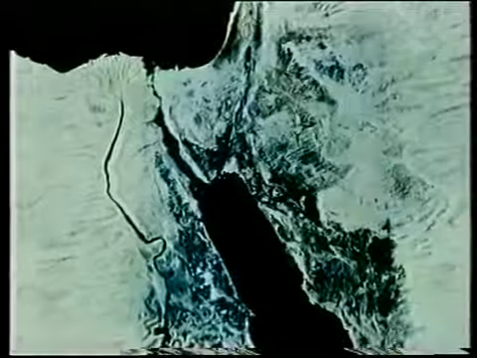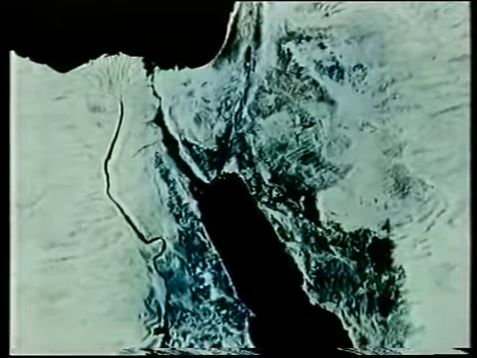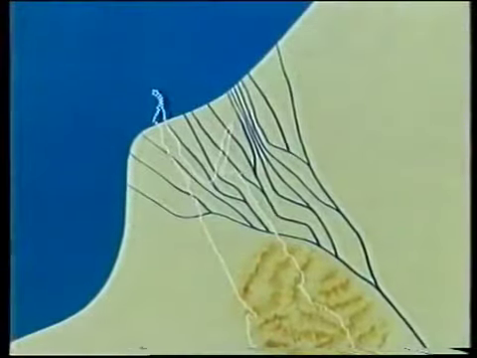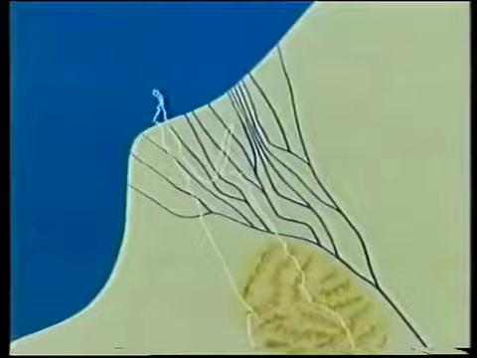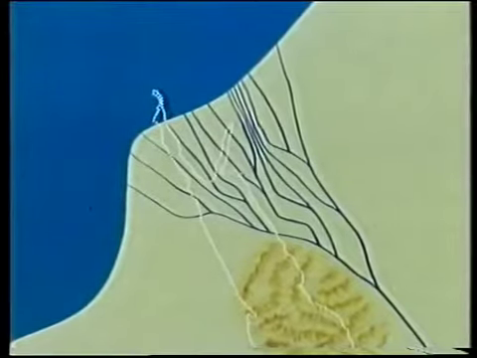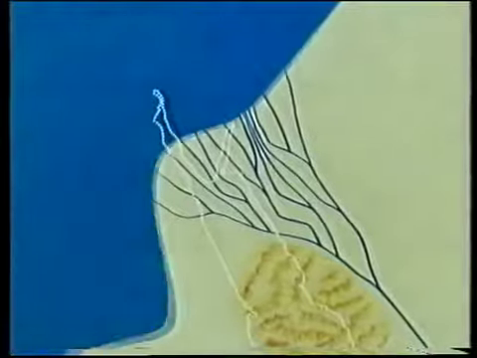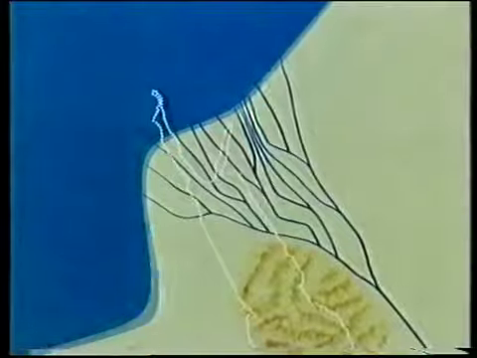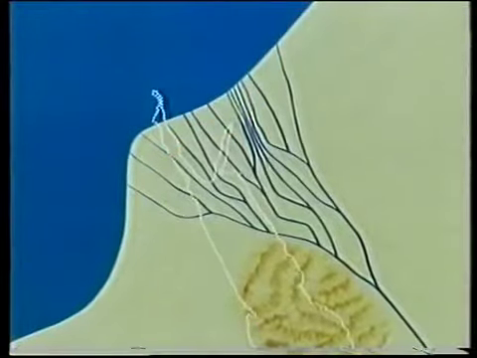For the history of any stretch of water, the Red Sea included, is recorded in the sediments that are deposited there. For nearly 500 million years before the Red Sea opened, this region was geologically stable. Terrestrial sediments were deposited over almost the whole area. These sediments were the deposits of a large river system that drained an upland region in the south and flowed northwestwards into an ocean. The coastline of this ocean was a fluctuating one.